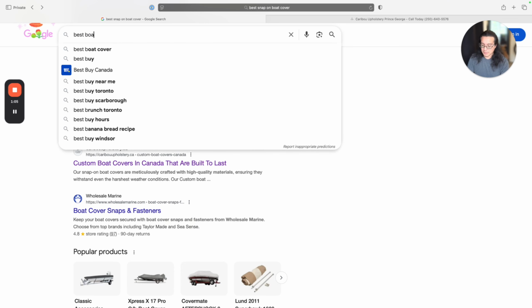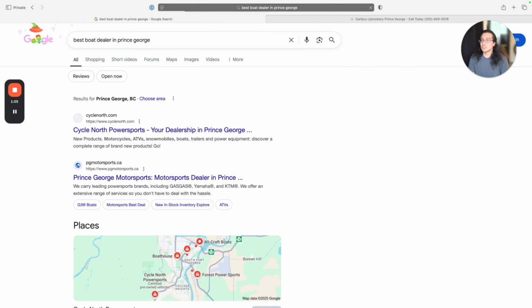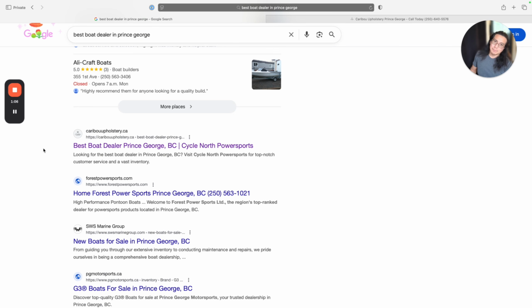Best boat dealer in Prince George. So this was another idea that I had. I was kind of thinking, okay, we have a client who does boat upholstery, and we have boat owners. So we want to link boat owners to boat upholstery. How do we do that? Using that strategic mind of mine and the creativeness, I'm thinking, how do we do it? We've already done this, we've already done this, we've already done this. And I thought, what if we